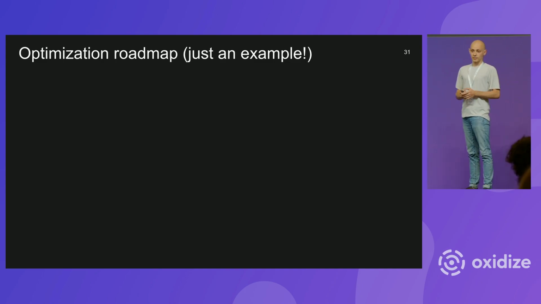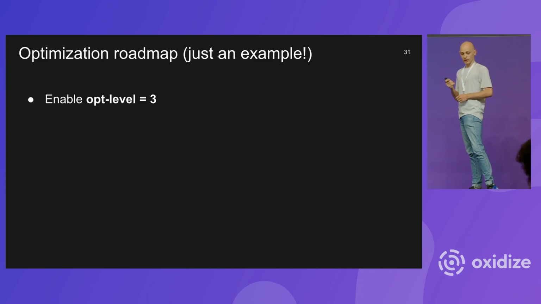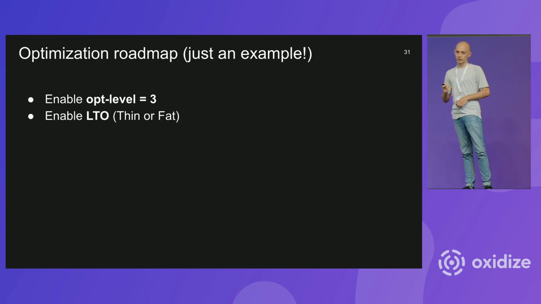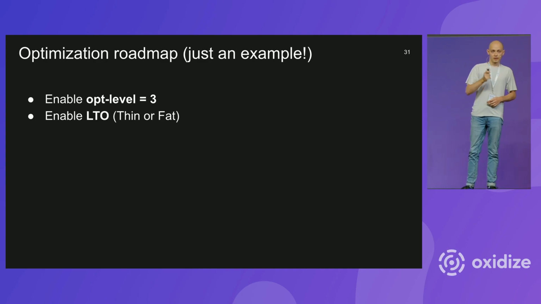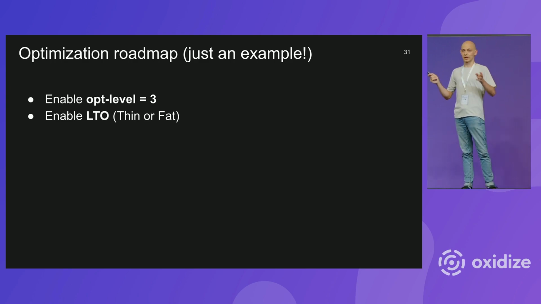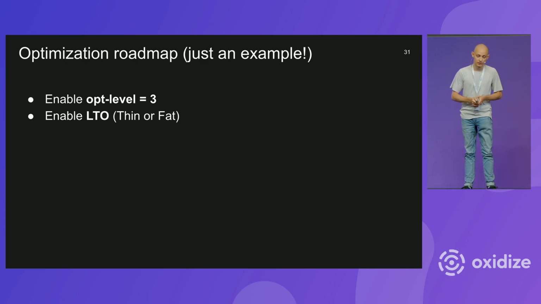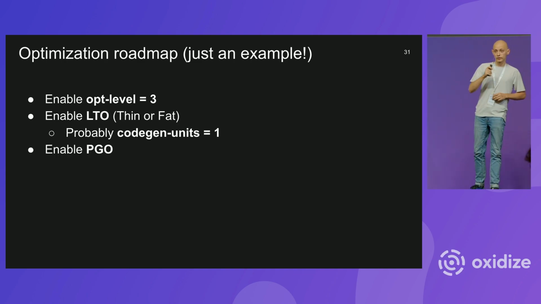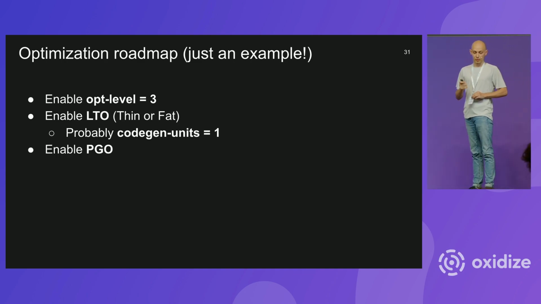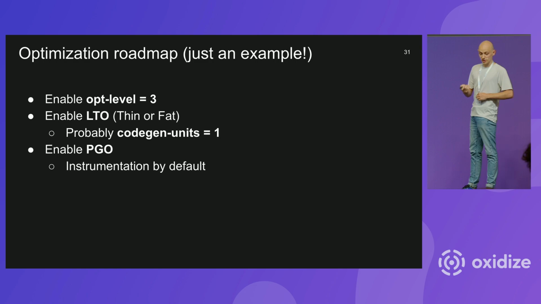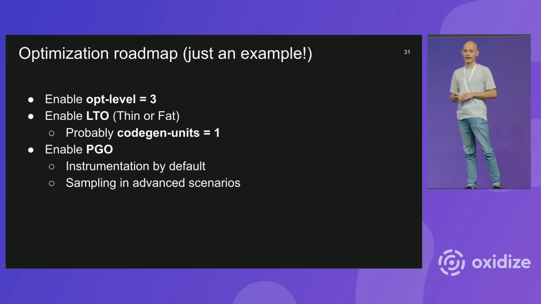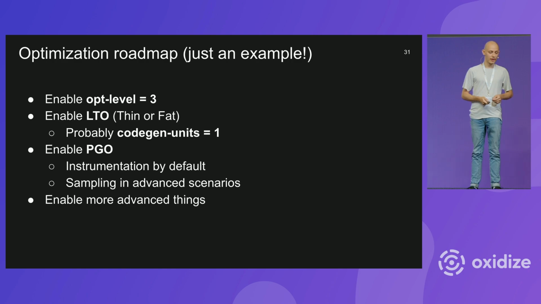If you want a simple optimization roadmap, at first, release mode, opt-level 3. Please enable LTO, because it will be easier. Not all software for now uses LTO, unfortunately. Then probably codegen-units 1. Only after that, try to enable PGO, probably instrumentation by default, and sampling in the most advanced case, like running and gathering PGO profiles in production, and more